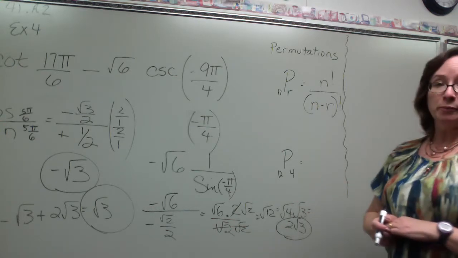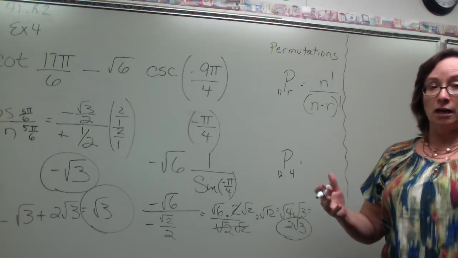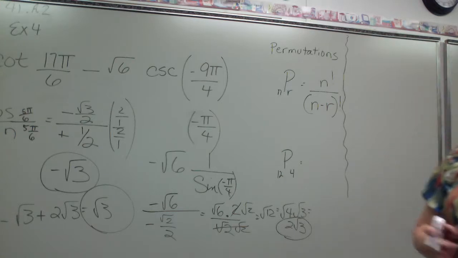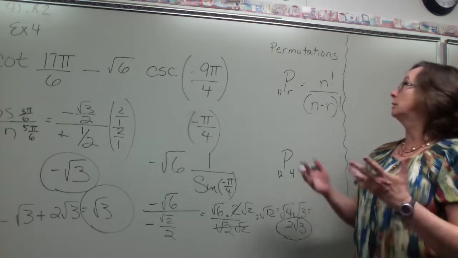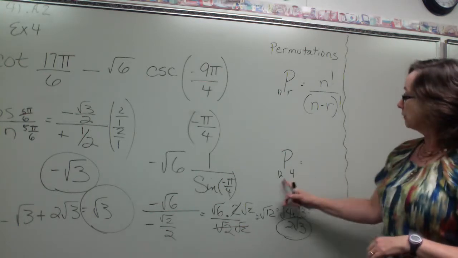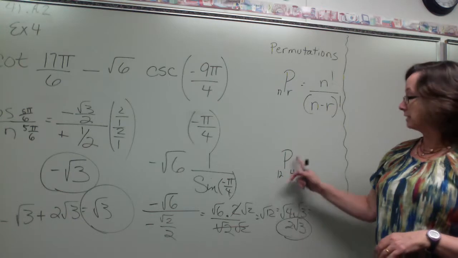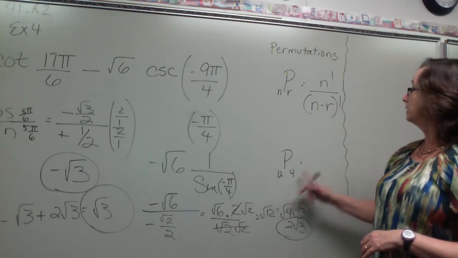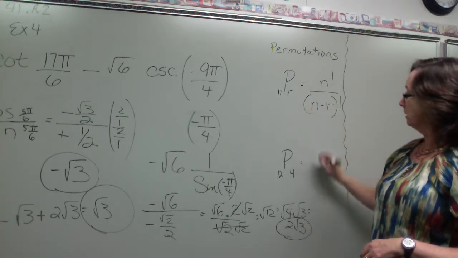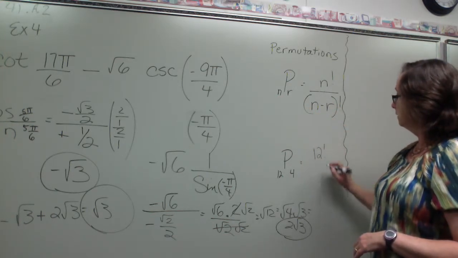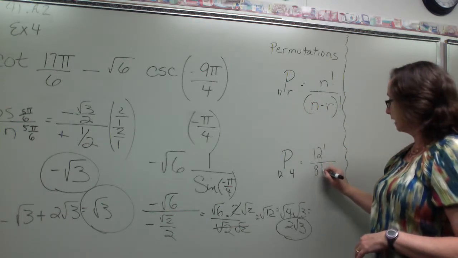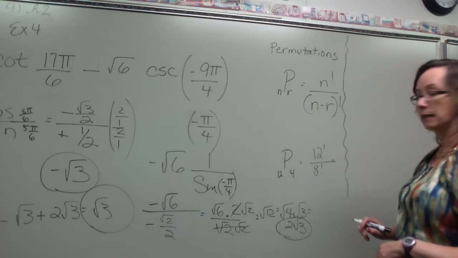The way I always remember this is the combination locks that we had when we were in school. I don't know what they call them now, but combination locks are misnamed. They should have been called permutation locks because order definitely matters on those. Okay, so here we have 12 things taken 4 at a time. 12 is the complete number. It's going to be 12 factorial over 12 minus 4, or 8 factorial,